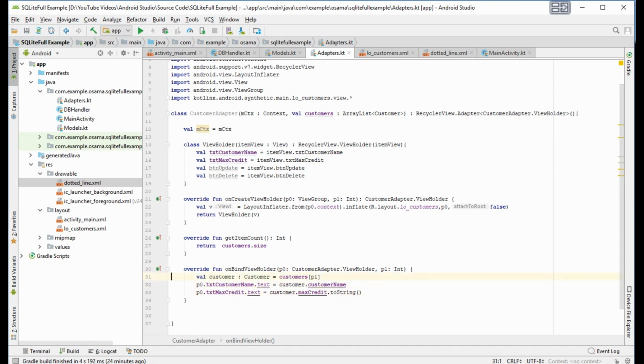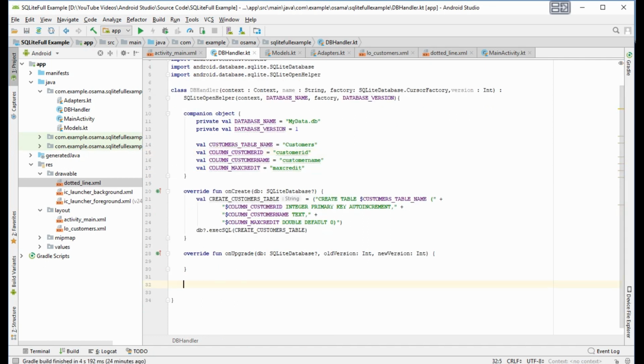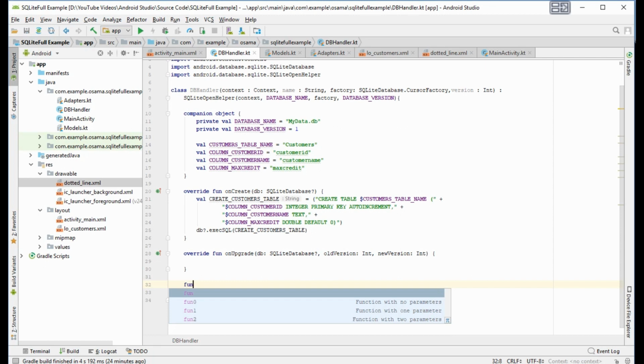Now we want to inflate the value or the records in the database on the recycler view. First, we should make the query in the DB handler. Here, we will create a function. Its name is get customers.